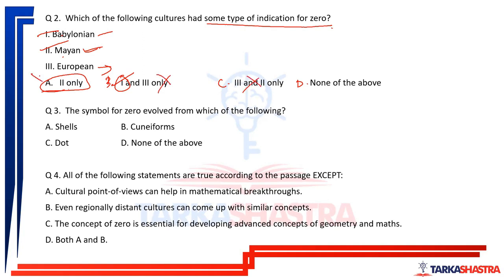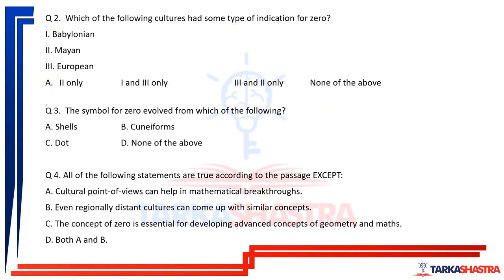Now we could get confused between A and D, none of the above. Okay, so the answer should be none of the above. Why? Because though 2 is right, we are referring to a combination of words here. So the correct answer is 2 and 1. And since that is not there, here it is talking about 2 only, right? So 2 only is not the correct answer with respect to the given options. So we have to go ahead and mark none of the above.